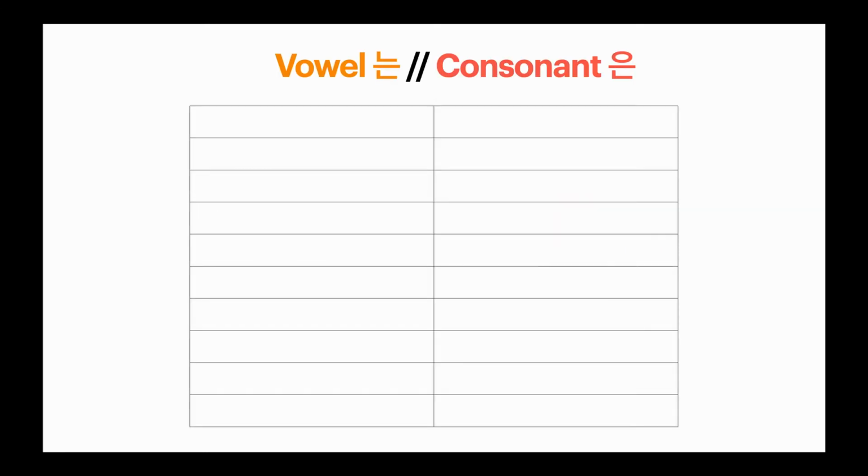Okay, let's move on to the practice party. So, if a word ends in a vowel, you're going to add 는. If it ends in a consonant, you're going to add 은. Because this is the practice party, I'm going to go much faster. As I said in the last video, if this is your first time doing this, it will very likely be too fast, so feel free to pause all you need. I'm just going to give about 2 to 3 seconds after I give the word before I reveal the answer. So let's go ahead and get started.